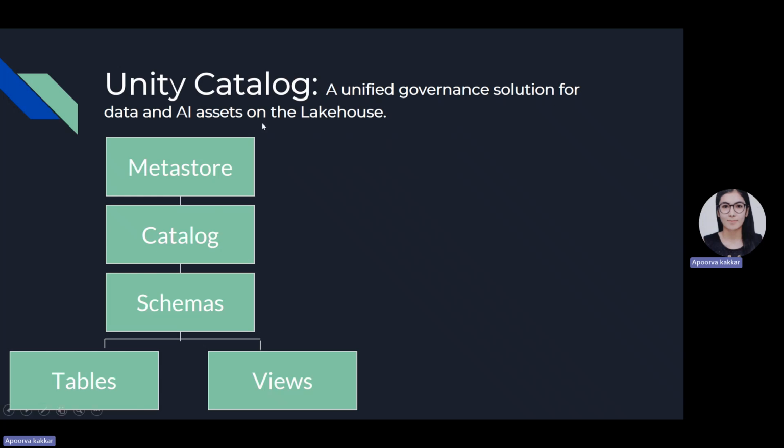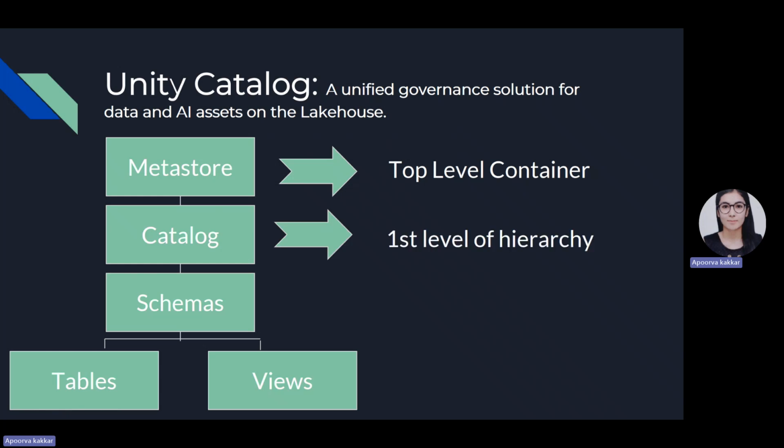Here is a simple structure of Unity Catalog. At the top, there is a metastore, which is a top-level container for metadata. It represents metadata such as information about the objects being managed by the metastore. Under this is a catalog, which is the first layer of the object hierarchy used to organize our data assets. Then is the schema, which is also known as a database, which is the second layer of the object hierarchy that contains tables, views, etc. And under these are the tables and views, which store the actual data.